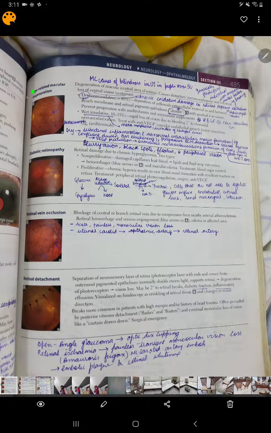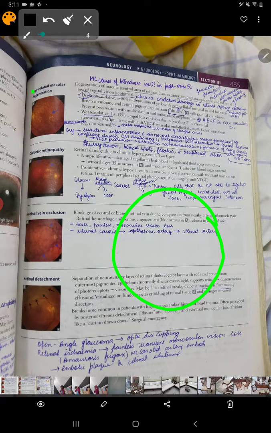ARMD is basically a disease in which there is degeneration of the macula, which is the central area of the retina. If you imagine your retina like this, it has a central region called the macula. Now, there will be degeneration in this area which will cause distortion, which is metamorphopsia, and eventual loss of central